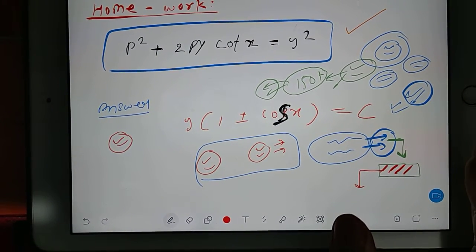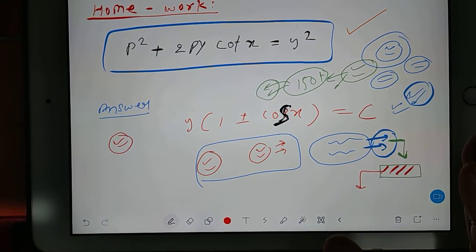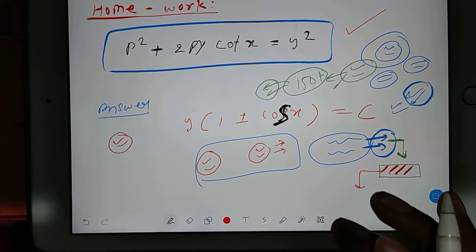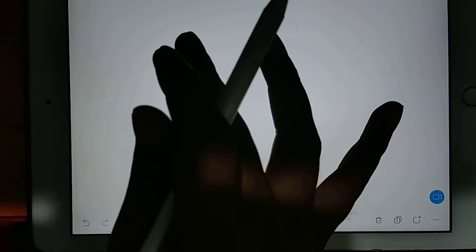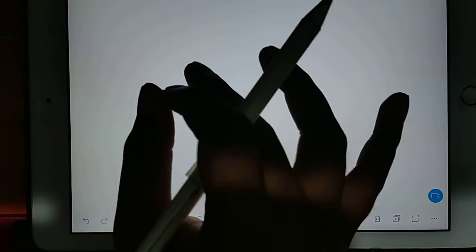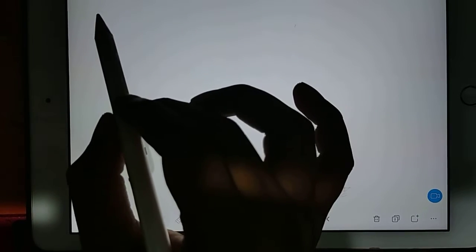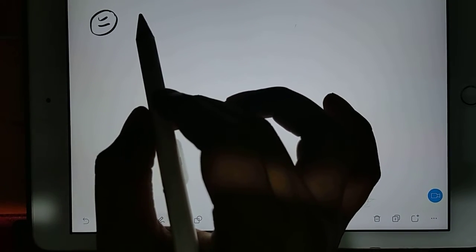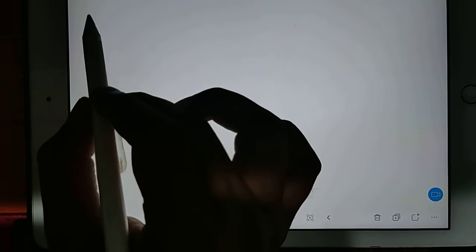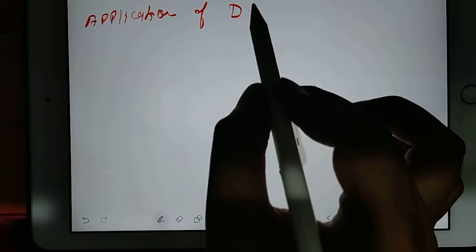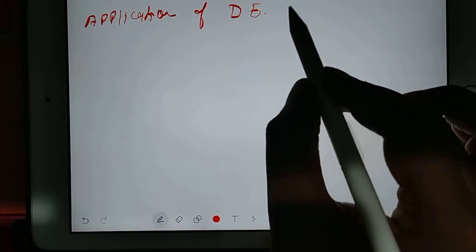So we will understand differential equations of first order. In that you have a lot of types of examples, but all examples we will not do here. I'll change the page. Now you see some popular examples, like when we used to find the radius of curvature. What are the things under this kind of topic? First you take down the heading. Now your heading is application of differential equation, but only of first order.